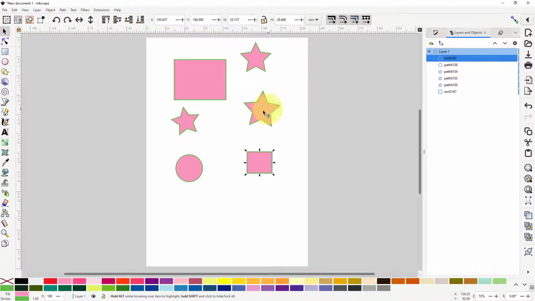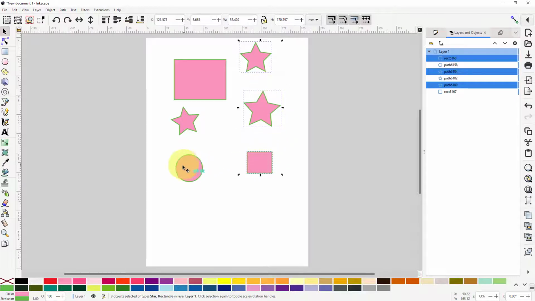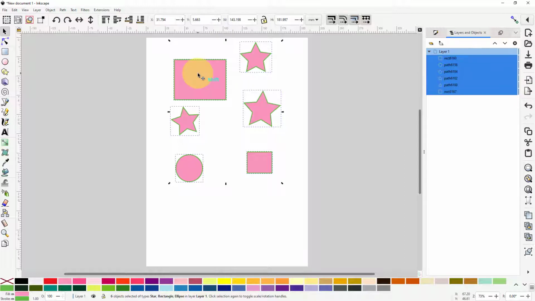That is the last one created, and that one is the third one. But now we want to have everything shown in a certain order. We can select the first one, then hold the shift key down, and select all the other pieces. Once we have them all selected,